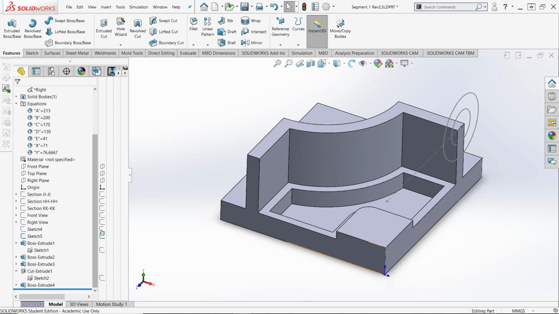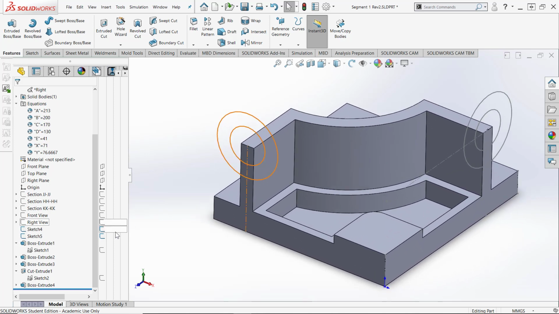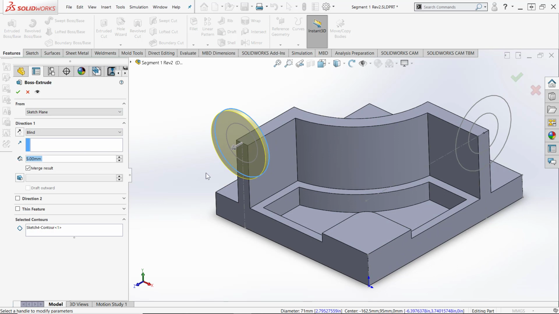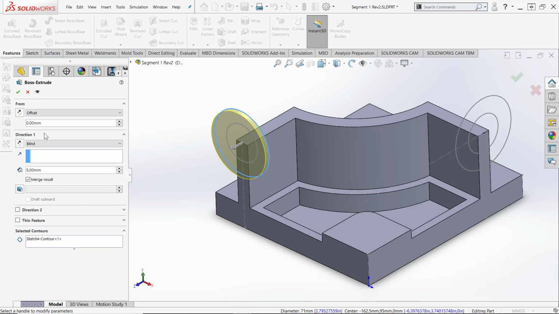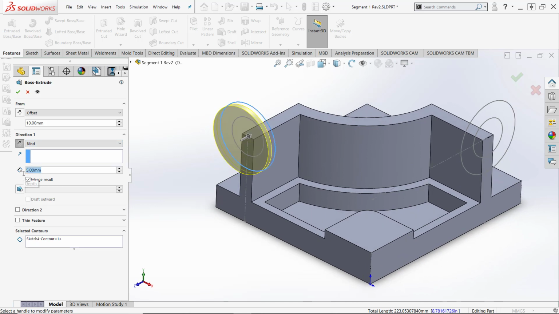Alright, I'm going to turn on the visibility of this sketch over here, and I will select that sketch and do extrude. Then I want to offset the start of that 10 millimeters this way. So I'm going to say offset, and I'll put in the 10 millimeters, and then I want to go in the opposite direction from this point, and I want to go the global variable